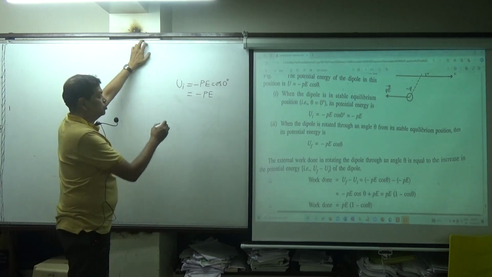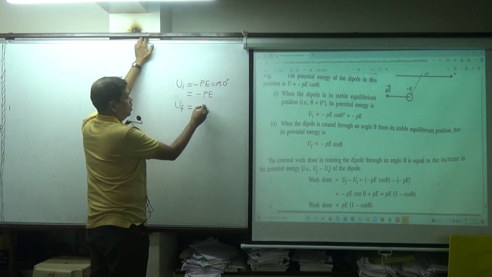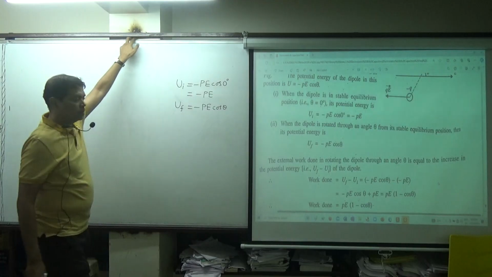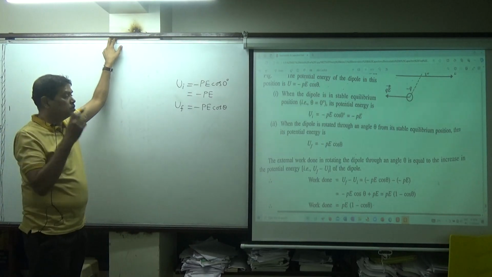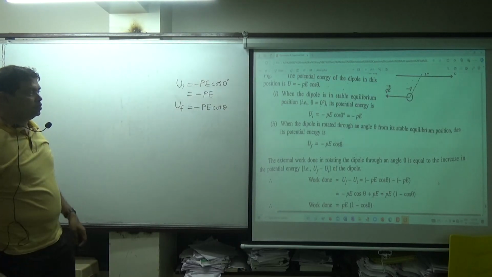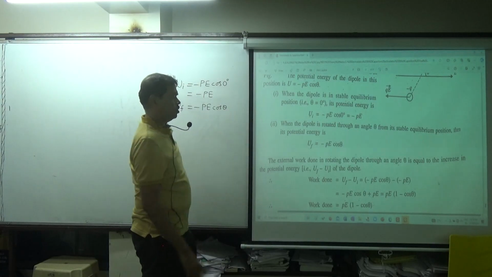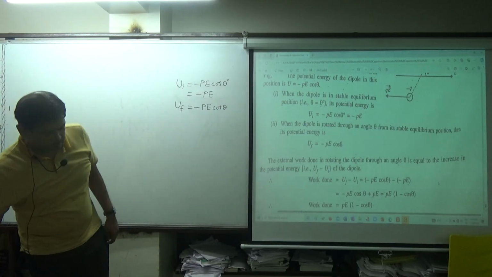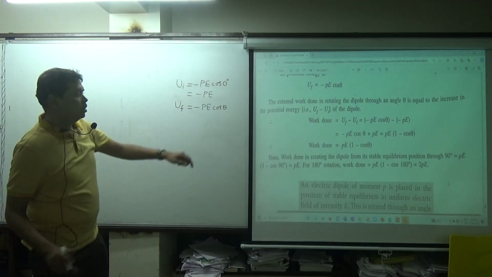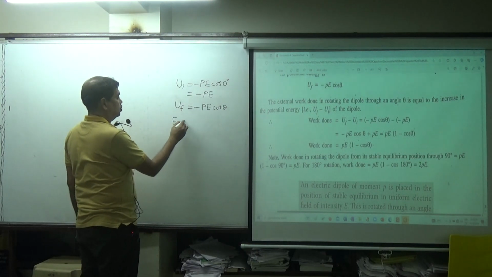From stable equilibrium position, तो फाइनल पोटेंशियल एनर्जी क्या होगा? माइनस P cos theta, okay. Minus P cos theta, but for that, now from stable to theta you have to apply the external torque, so external work has to be done. Okay, so write down work done, एक्सटर्नल वर्क डन शॉर्ट में लिखो।